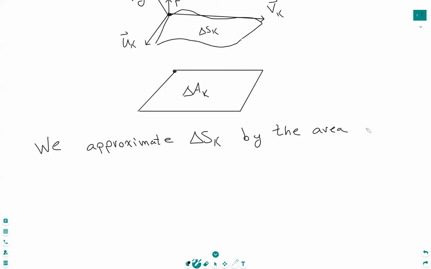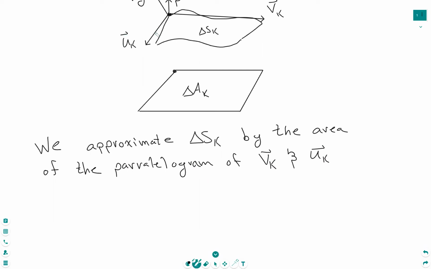What we're going to do is look at the area of the parallelogram that's formed by the vectors